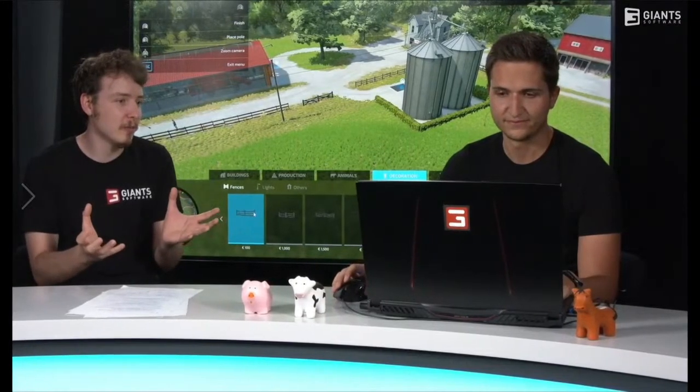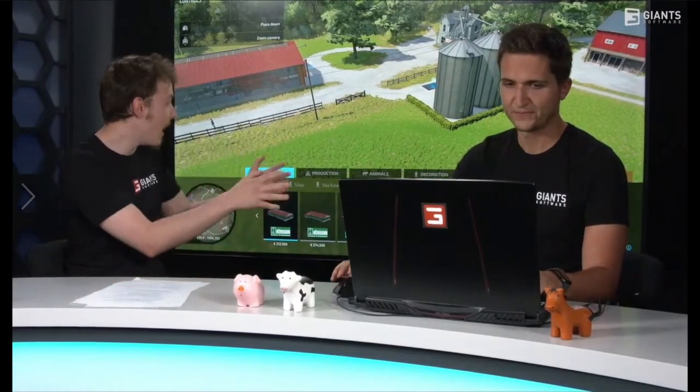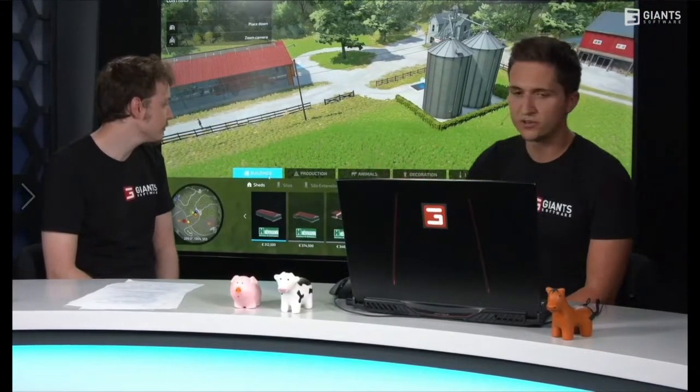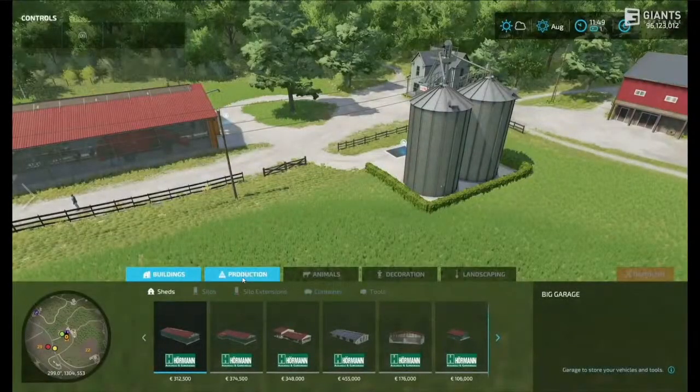So the build mode as a whole is like this complete new interface, as you can already see. We have the minimap in there. We have different tabs in there. Maybe we want to go over a few of them. First, you have an overview of the buildings. So you have different categories here. The first is buildings. You have the sheds, silos and all that stuff here. Then you have